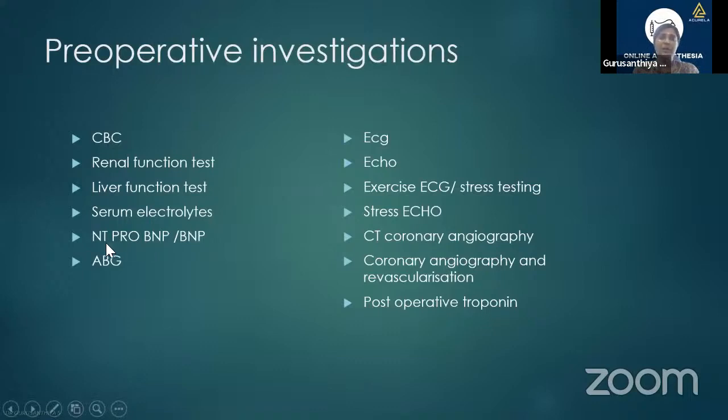And Canadian guidelines actually suggest to do a preoperative NT-proBNP or BNP for age more than 65 years or any patient who has got a prior cardiac history. They advise them to undergo NT-proBNP in the preoperative period. In case of a heart failure or if you doubt any hemodynamic compromise, ABG can be done to rule out any